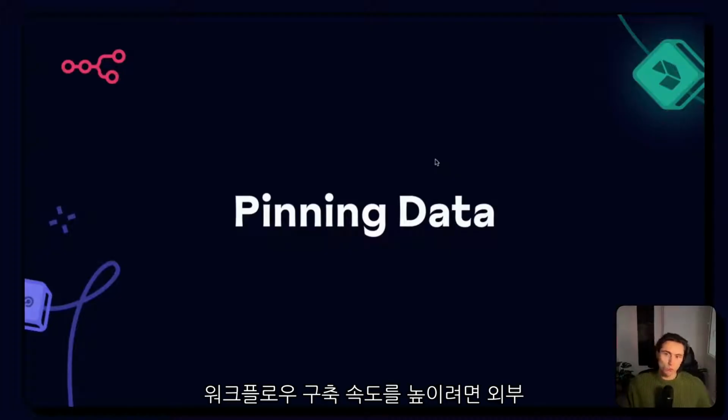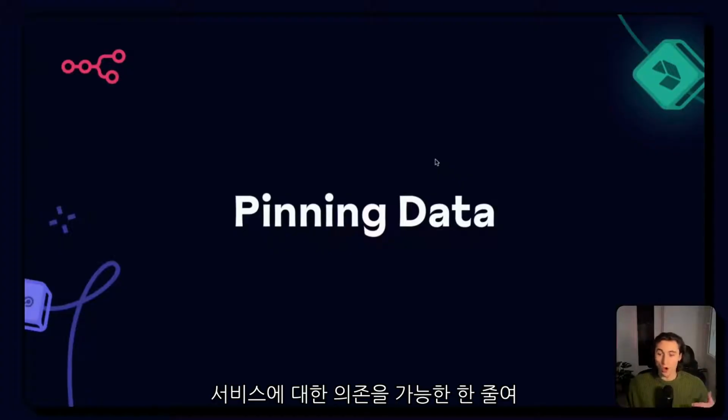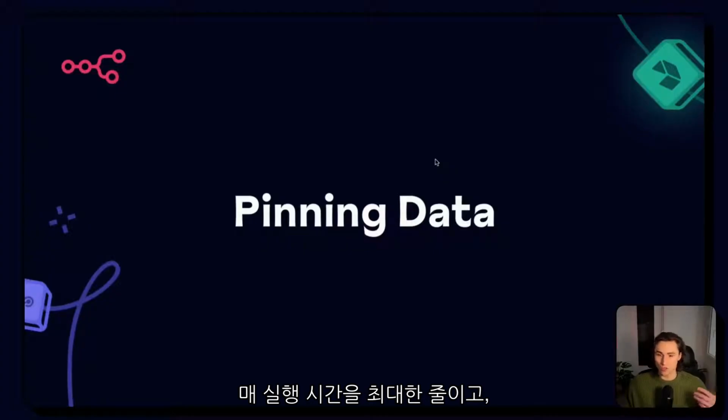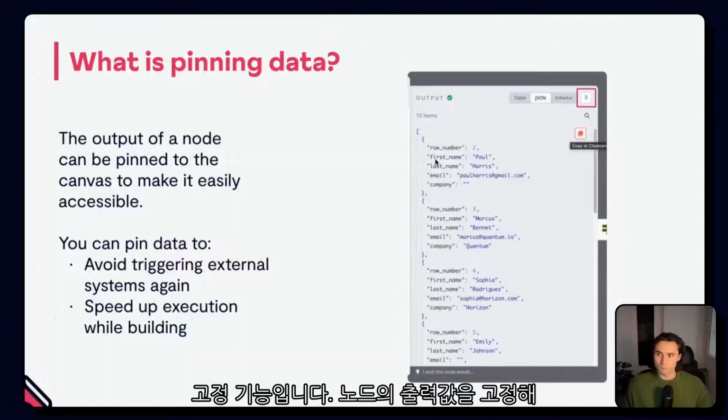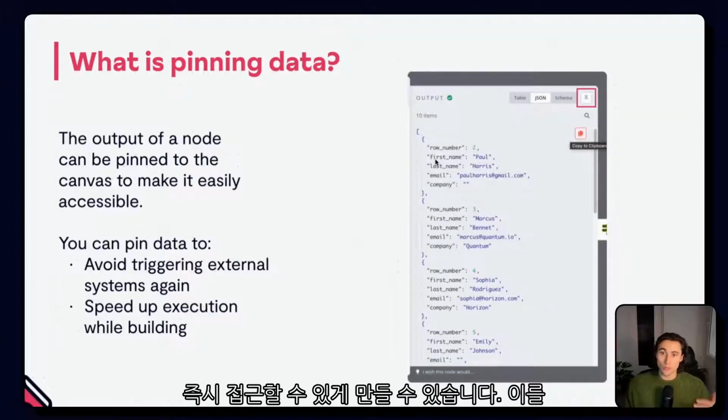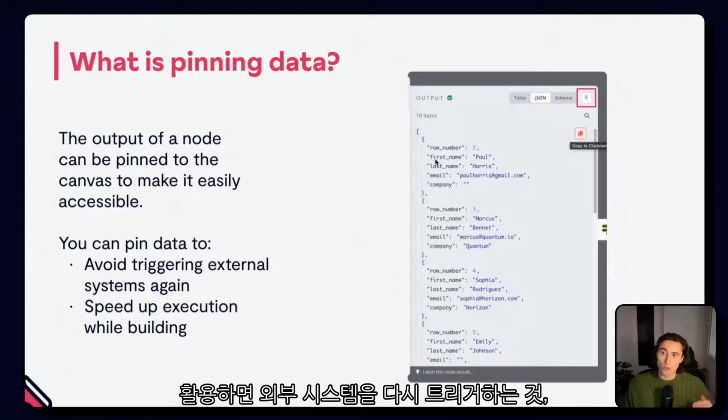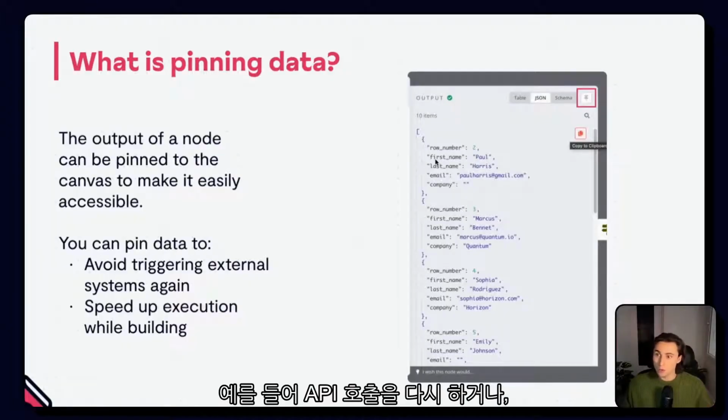To speed up workflow building, you want to rely as little as possible on external services to reduce execution time as much as possible. Every time you're re-executing something, you're wasting time. In comes the pinning data feature. You can pin the output of a node to make it readily accessible. You can use this to avoid triggering external systems again, like making API calls, or to speed up execution while